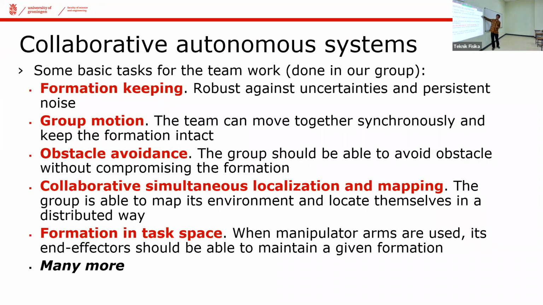So I would like to start with formation skipping as a basic building block in creating collaborative agents. And then I would move into the group motions, where now instead of moving one individual agent, we try to move the whole group of agents as an entity to perform various different tasks. So in this case, a group of agents will move from one area to another area, and then they also have to perform collision avoidance